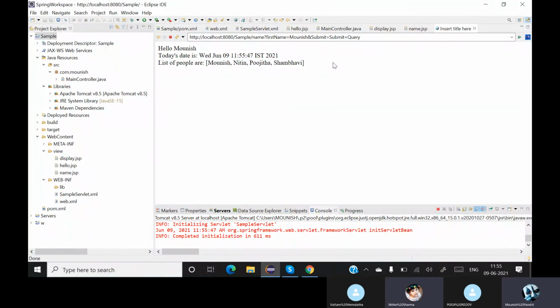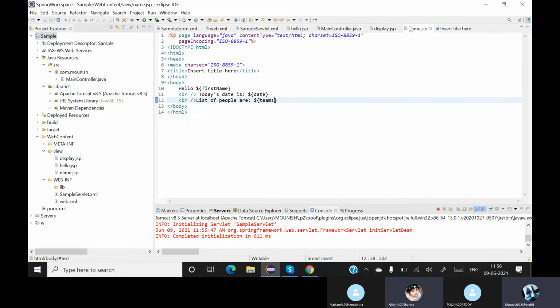But the question over here is, I don't want to print it like this. I want to print it one after the other. Basically, if that is the case, when we have a list and I want to print every element in a list, we used to run our for loop. But how do you run a for each loop inside a .jsp file?